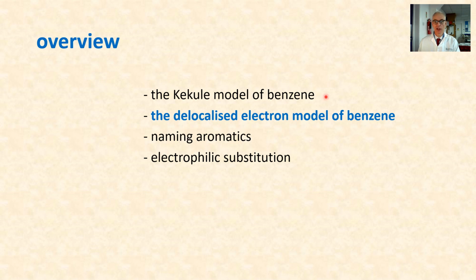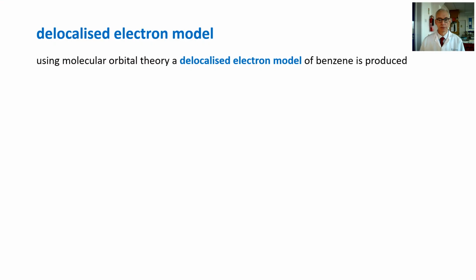So having established that the Kekule model of benzene can't be correct, we move on to using molecular orbital theory to produce a delocalized electron model for benzene. So if Kekule will not do, what is the alternative? Well, we will use molecular orbital theory. If you recall ideas about three-dimensional regions of space occupied by electrons, to form a delocalized electron model for the